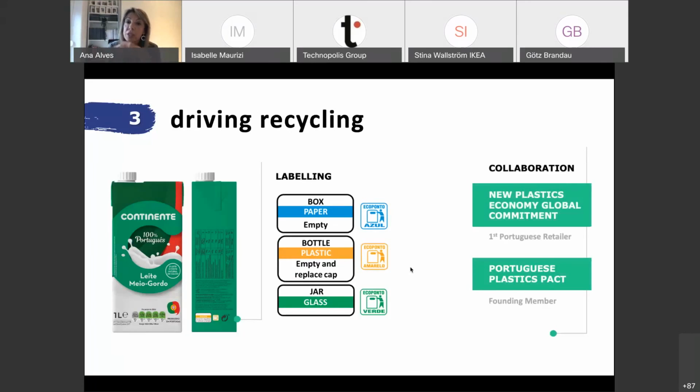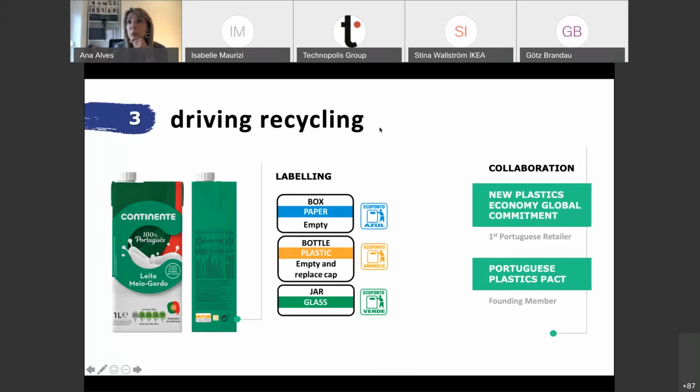So in addition to this valuable help that we are getting from the consumers when they prepare and separate the used package for recycling, SONAE has been collaborating with several global initiatives that aim to promote greater circularity in plastics. And I would like to just highlight two examples of this kind of collaboration.